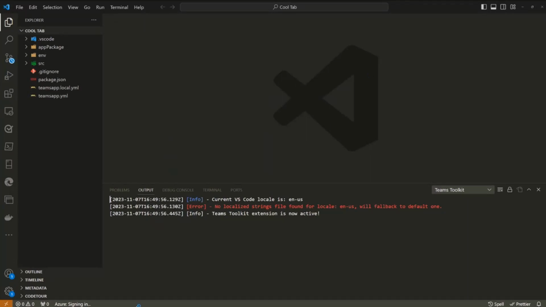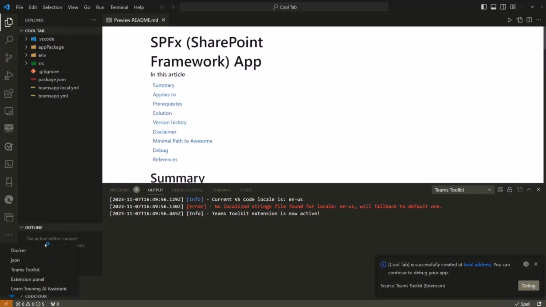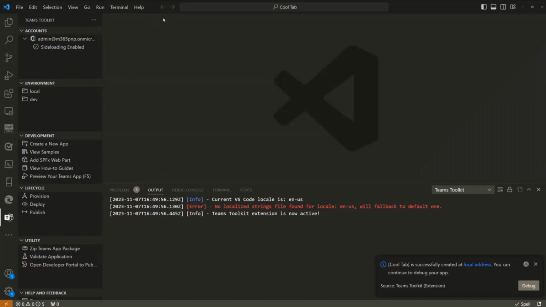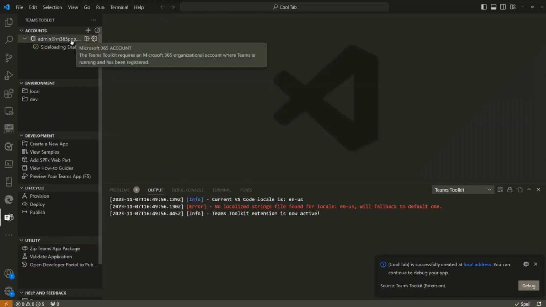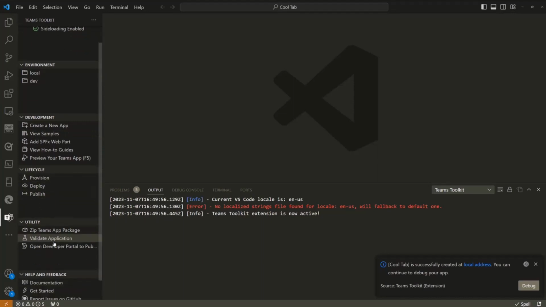The way I can see that is that now if I go to the Teams Toolkit and open up Teams Toolkit from here, let me do that one more time. We can see that I'm inside of the Teams Toolkit in the Visual Studio Code solution. I'm connected to my example tenant. I actually signed in previously, but every single time you sign in, it will remember that signed-in tenant. You can change that as well.